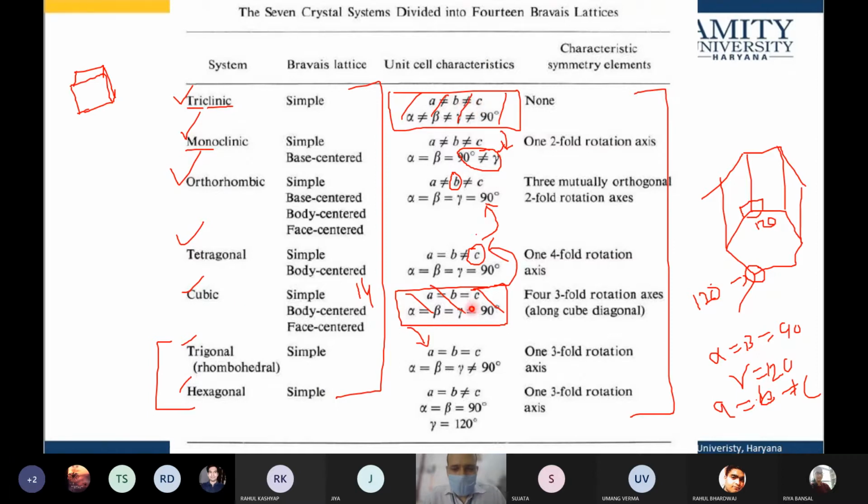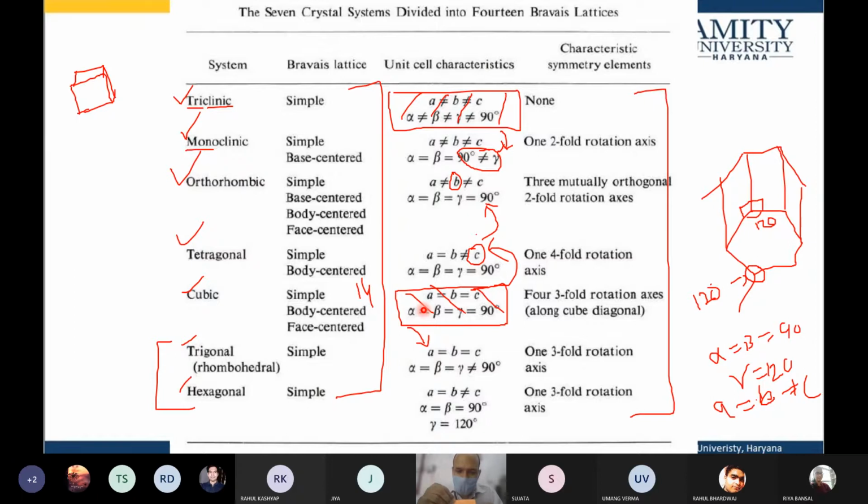And from the cubic, we can reach tetragonal by one transition, by changing one of the sides to be unequal, and from tetragonal to orthorhombic, the other side also unequal, and all the angles remain the same. If we take the cube and twist it,